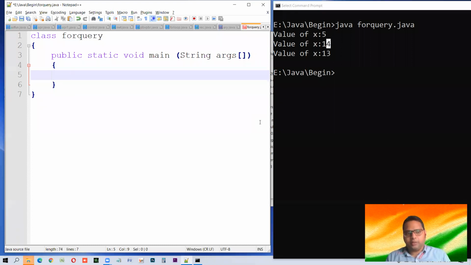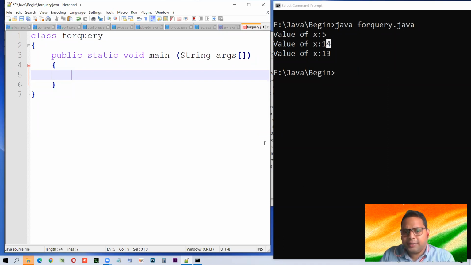So it is situational. When you start making a practical real life program, then you will realize that, oh, for loop I have to use here, while loop I have to use there. So there is no such difference. They all are similar. A program that can be made using for can also be made using while. So in order to make the point very clear, you need to practice. The things will become very clear to you.